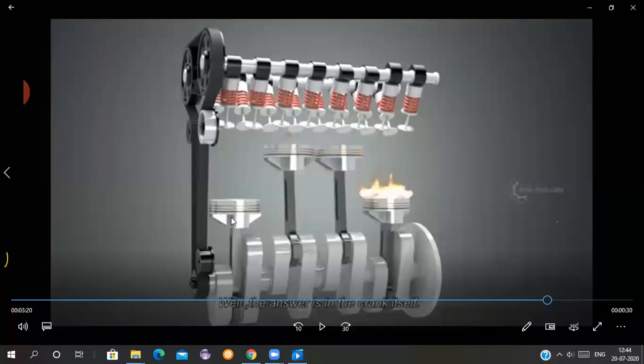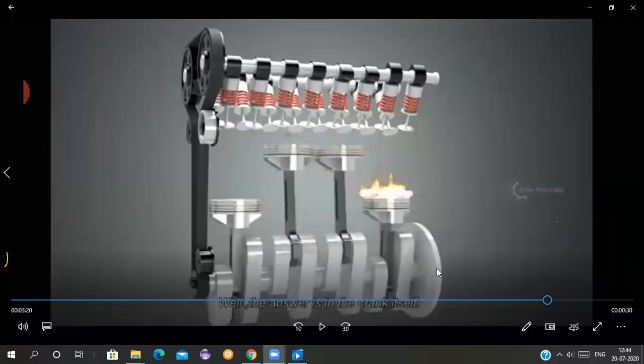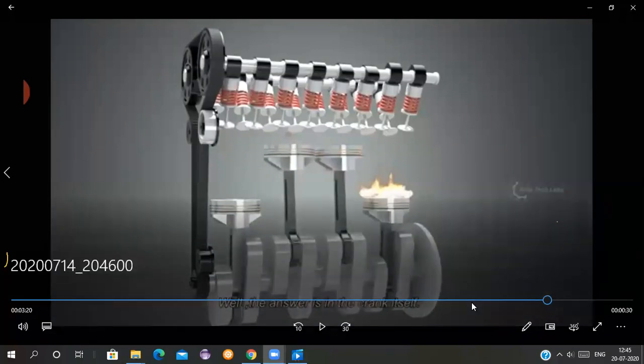And what is the flywheel doing? The flywheel is trying to store the energy. It is a heavy thing, you all know what a flywheel is. It stores energy and stabilizes the immense power we get in one stroke. Then it gives that stabilized power, which does not have much variation in the torque, to your gearbox.